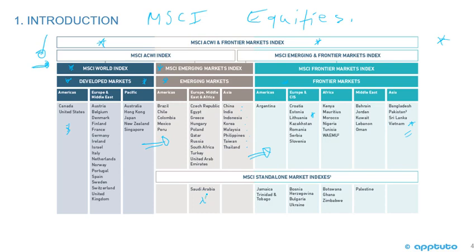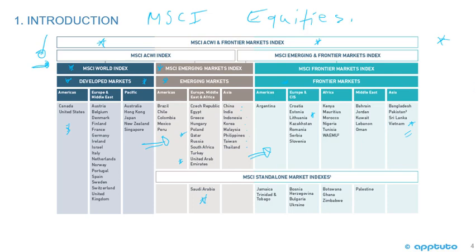You have to see that Saudi Arabia is a standalone, and also some fairly recent changes. You can see that the United Arab Emirates and Qatar moved from frontier markets into emerging markets fairly recently, okay? So I don't want to spend a lot of time on this, but just want to give an overview. With regards to equity indices, this is a structure that you should be familiar with, that the world is cut up into developed markets, emerging markets, frontier markets. And at this level, starting at the MSCI down to the MSCI World Index, emerging markets definitely